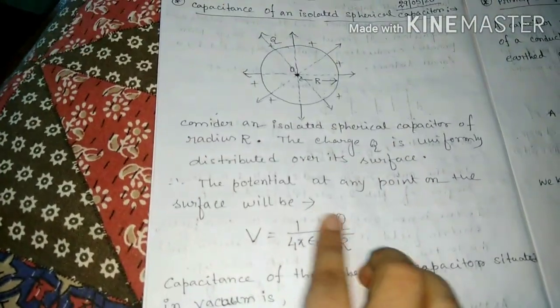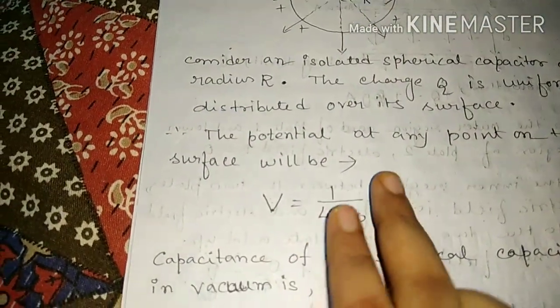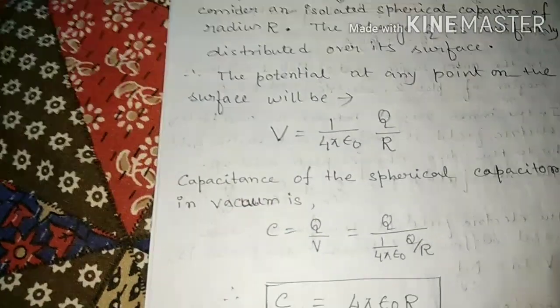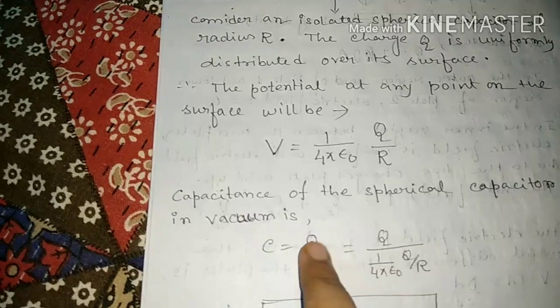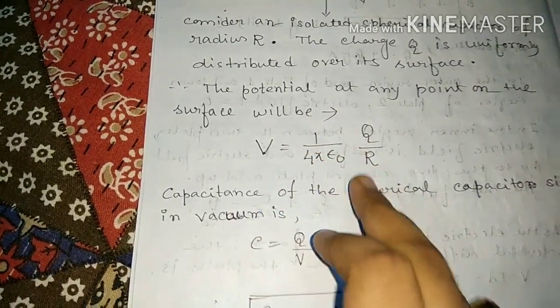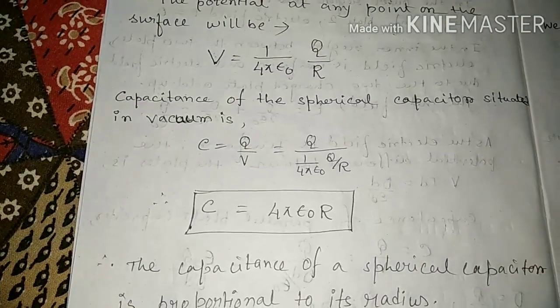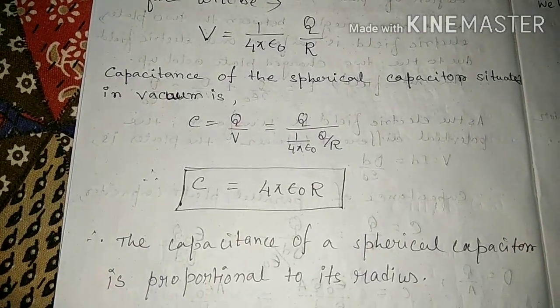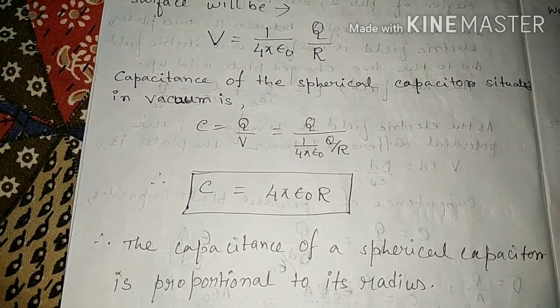In this case we have to find the potential, which is 1 by 4 pi epsilon naught Q by R. If we use the equation C equals Q by V and put this expression in place of V, after simplification we have the capacitance of a spherical capacitor as 4 pi epsilon naught into